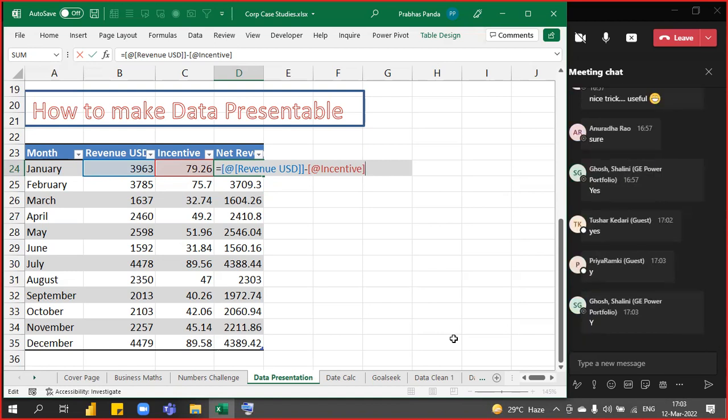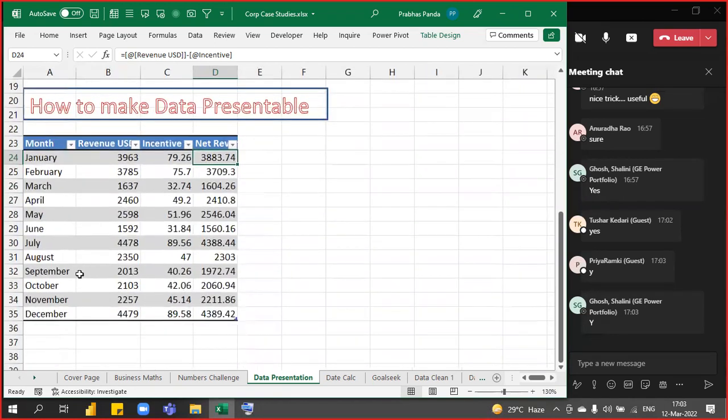Now, once we made it, stay focused on my screen, please. Though we have got all these things ready, there is still one thing missing over here, the total. Can you see in the bottom line, total is not there. Technically, we need not create it manually. What you can do, keeping the cursor anywhere in the data,